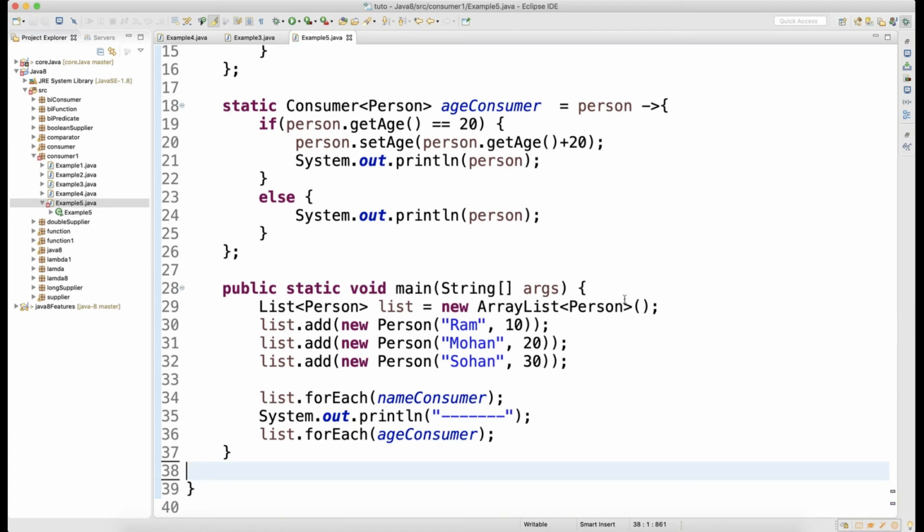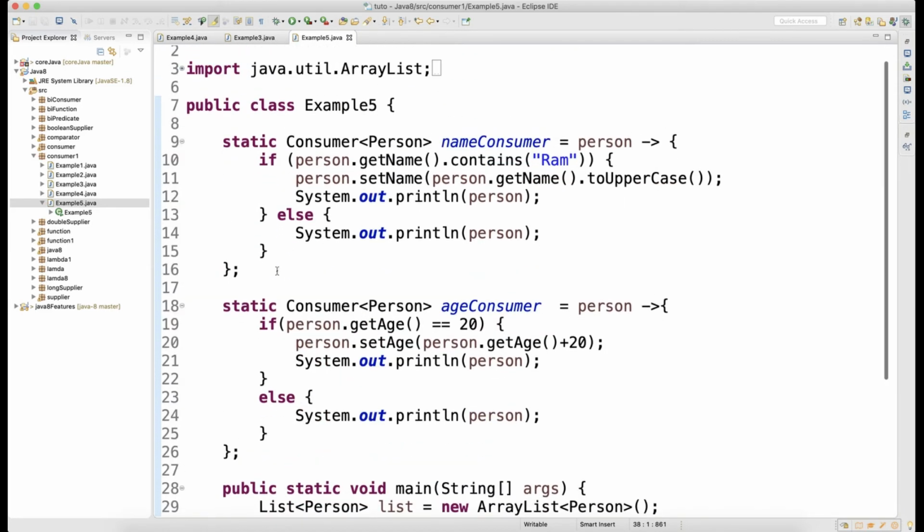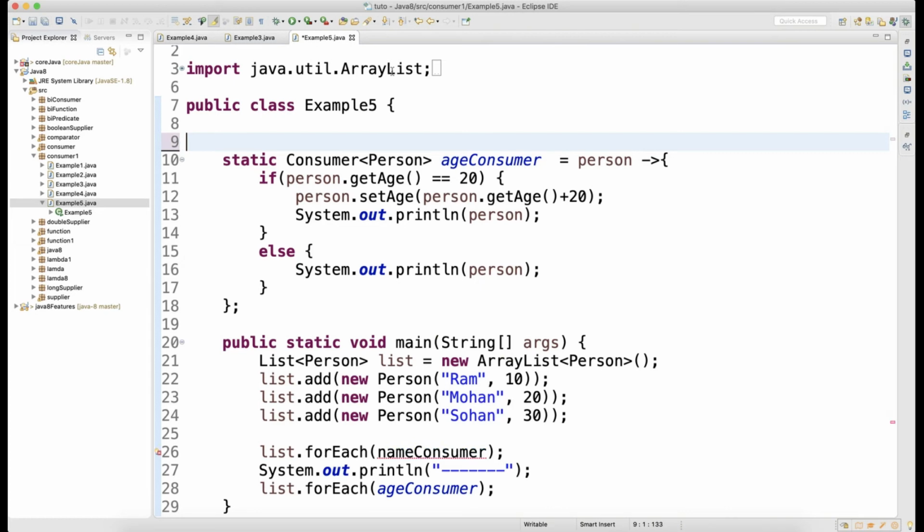So I'm going to use the same class. Now here what I will do is, I will write one consumer, which is nothing but, let's say, age consumer, right?